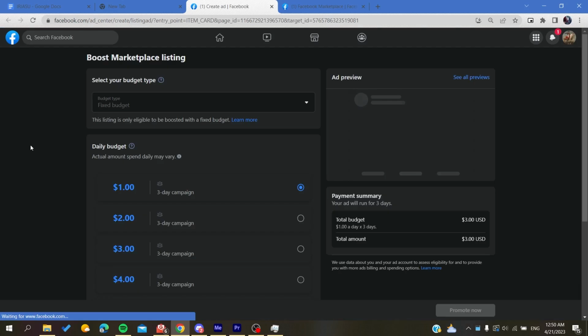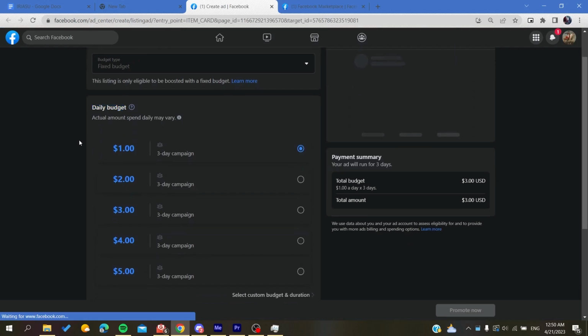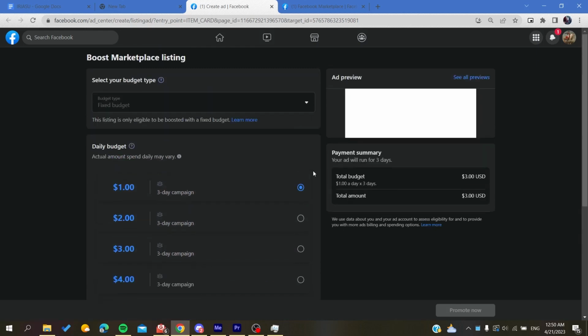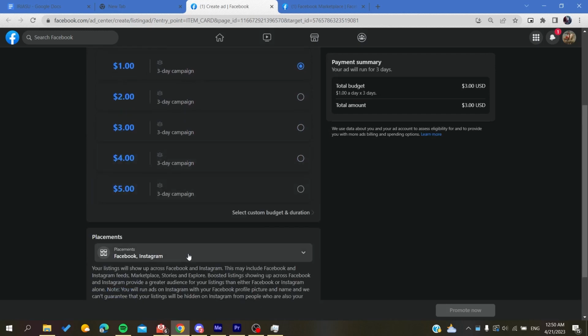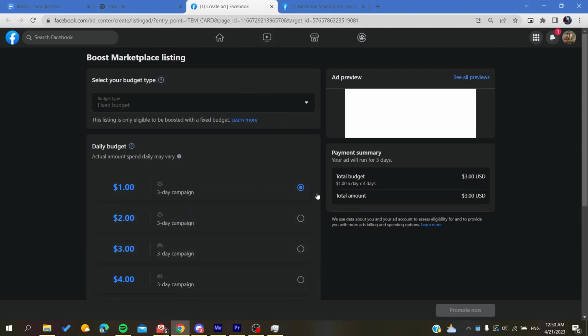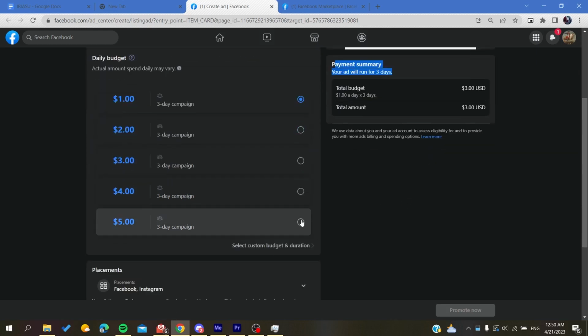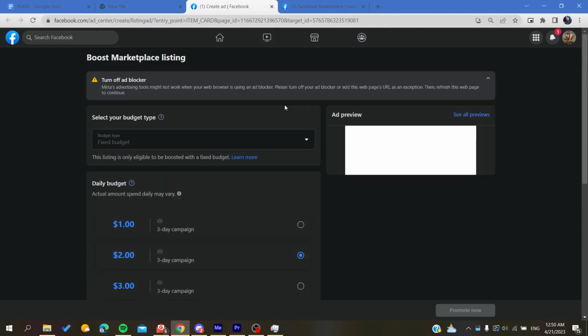And now all you need to do is to choose a daily budget for your boosting and then you will choose any budget. After that you will go here and choose the placement of your budget or your ad or the boosting and then you will need just to click on promote now and of course you will need to add a payment method. And as you can see we can just choose anything that we want